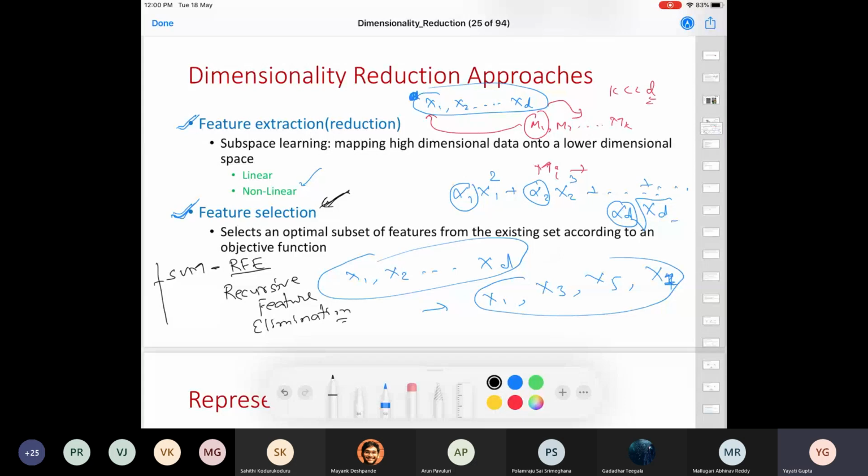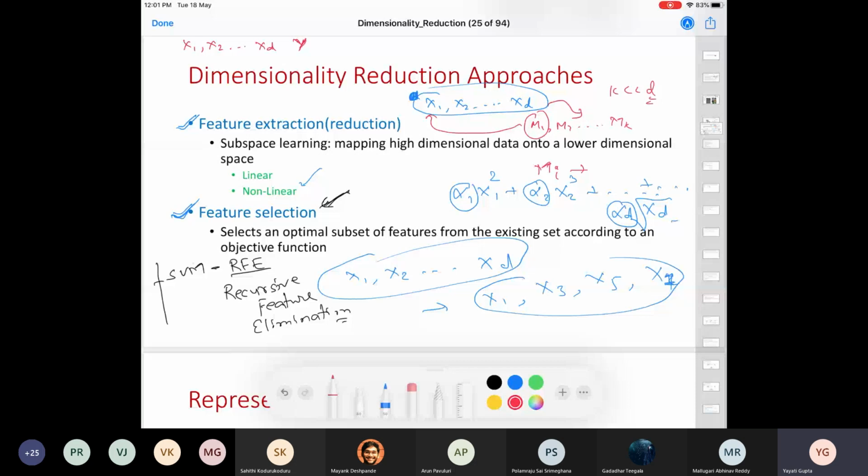With the help of support vector machines, you can evaluate the importance of each feature. I hope that you guys remember what linear regression is. Let's say I have these features x1, x2 till xd, and I want to predict a real value y.